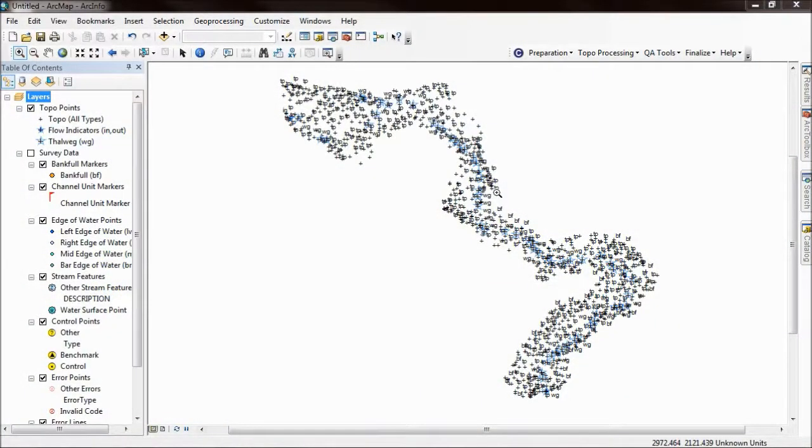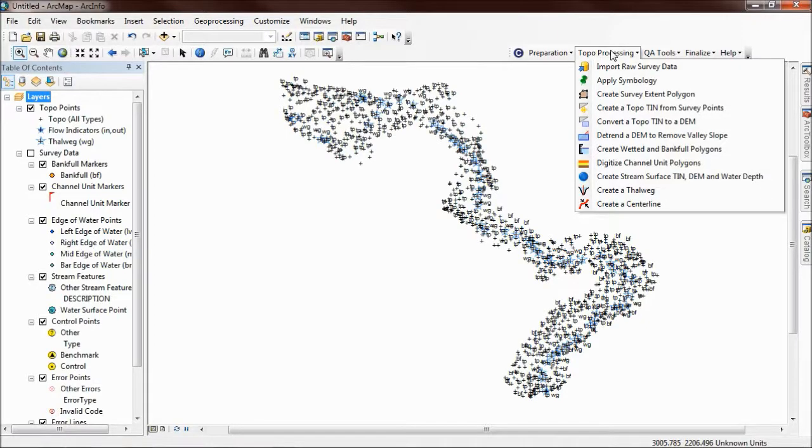This video is an introduction to the CHaMP Topo Processing Tool's Survey Extent tool. This tool appears in the workflow after you've imported your raw survey data, but before you create your tin. The purpose of the tool is to draw an initial polygon around your topo data that you can then use as one of the inputs to creating your tin, so that you can clip your tin to your data